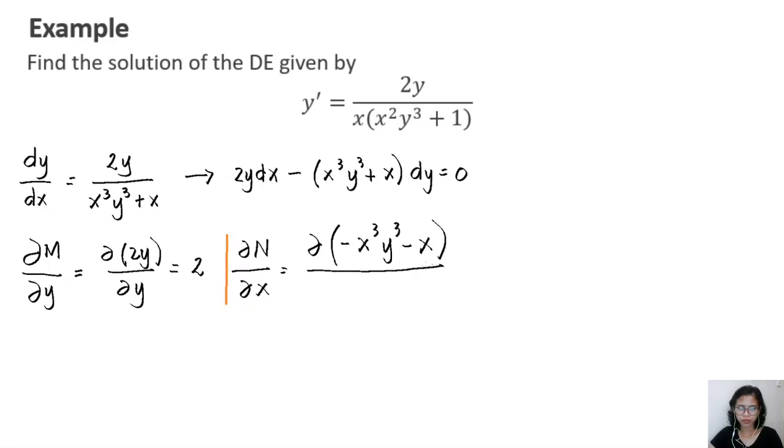Now, what is the derivative of negative x cubed y cubed? Since this is with respect to x, y cubed is considered constant, so separate first the constant. It would be negative y cubed, then the derivative of x cubed would be 3x squared